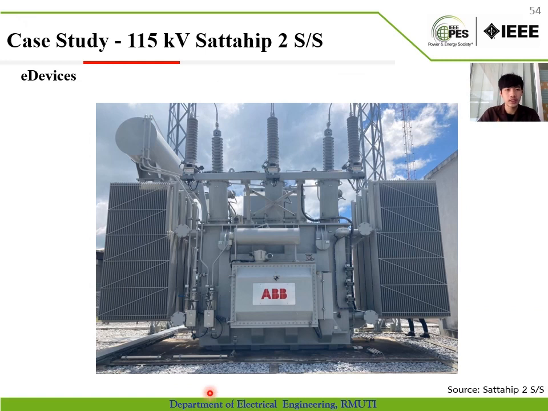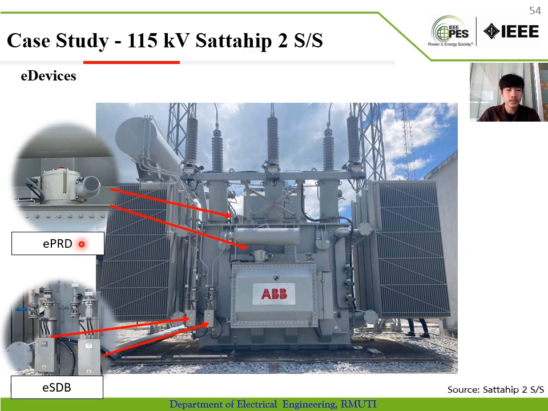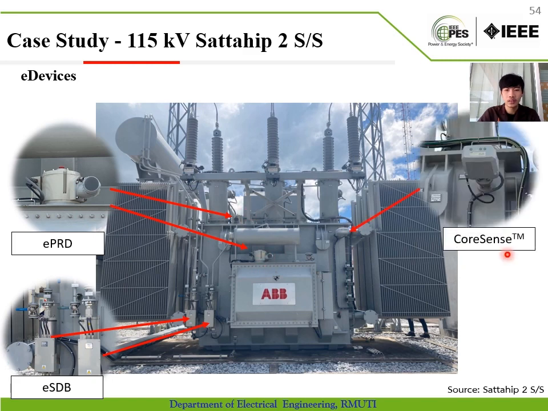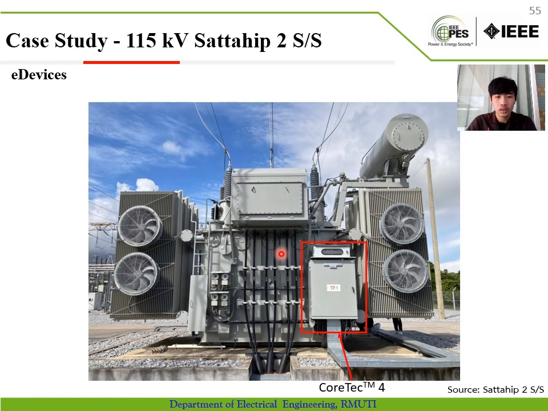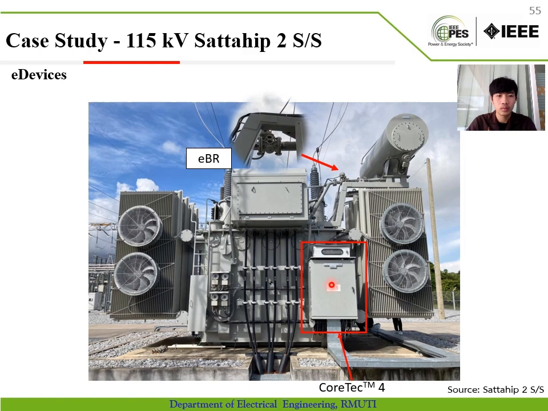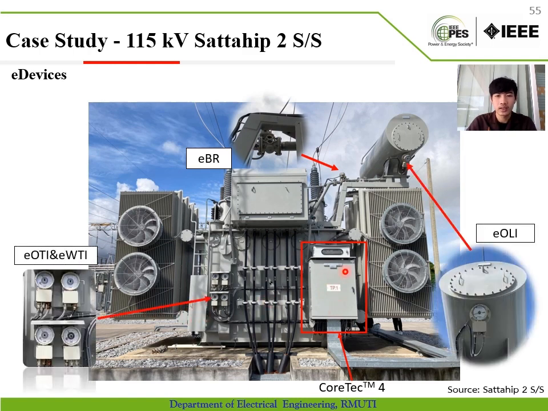And this is the location of each device. EPRD, pressure release device. It is implemented on the on-road passenger and maintained. Concession TM, Account 3A, Cortex TM4. It is in the local cabinet box. Buchholz relay, oil temperature and winding temperature,